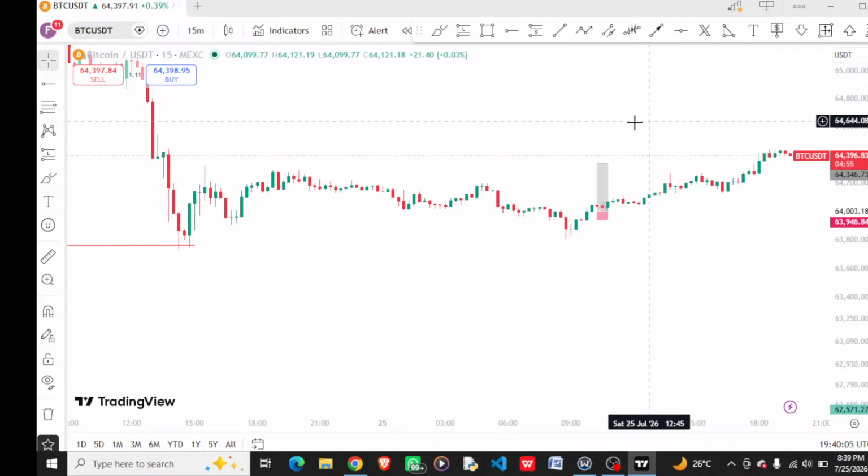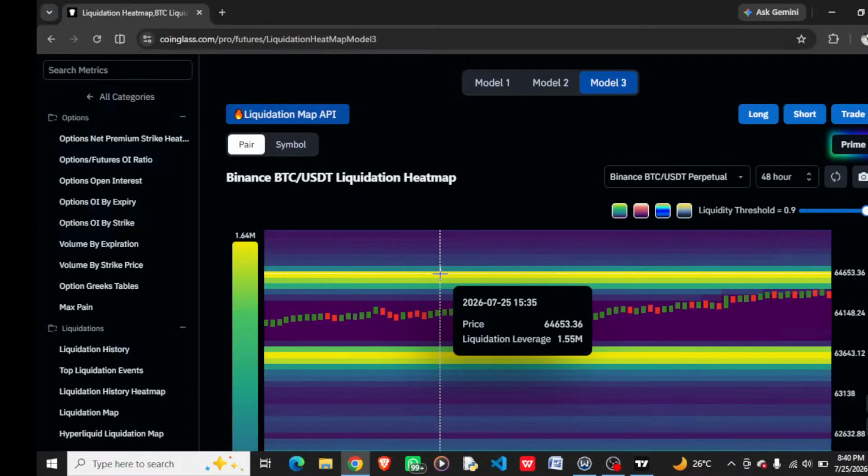I don't know if you guys are understanding what I'm trying to explain. So for the shorts, people that shorted Bitcoin, their liquidation is 1.55 million. You see the numbers are reducing. Why is it reducing? It's reducing because